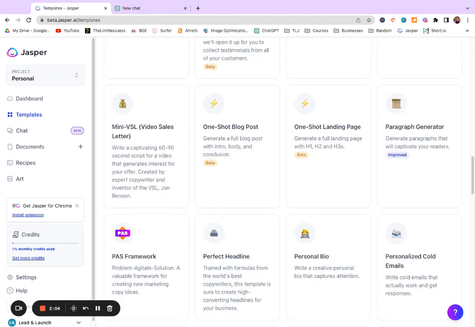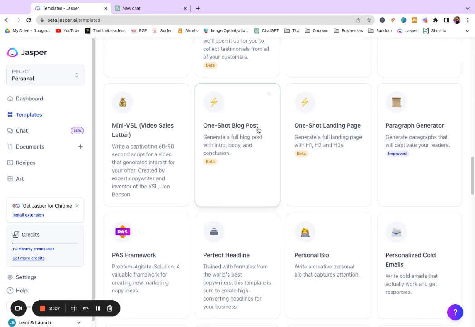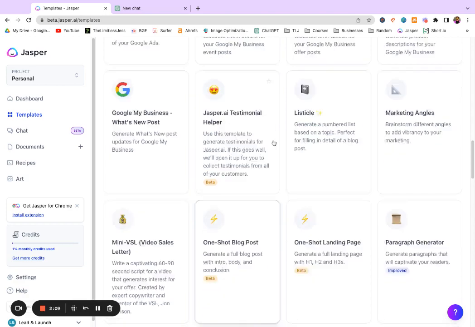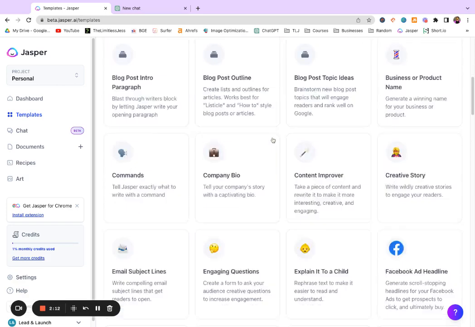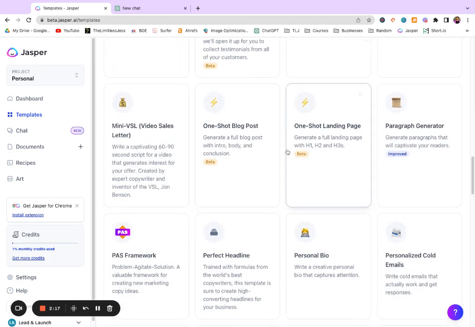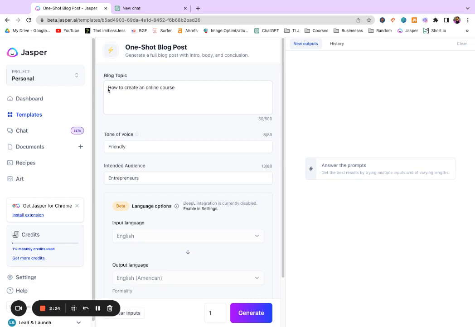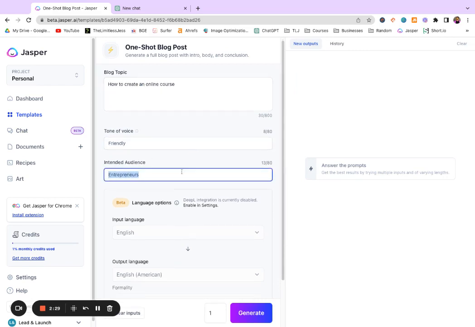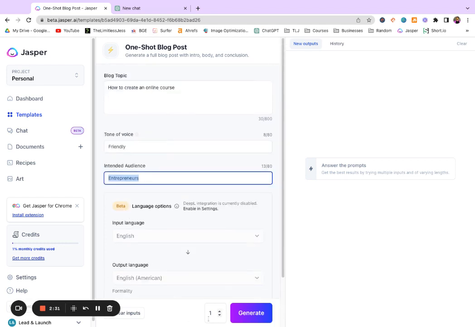Now, one of my favorite features with Jasper is the one-shot blog post. This is such a powerful feature because you can literally enter the name of your blog topic, the tone of voice that you wanted to use, the intended audience, and then choose how many outputs you would like it to generate. And with just that, it will generate an entire blog post. So let's try out